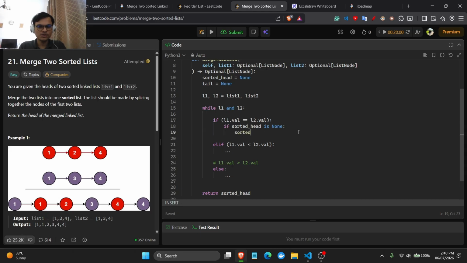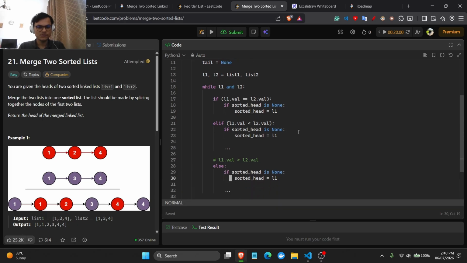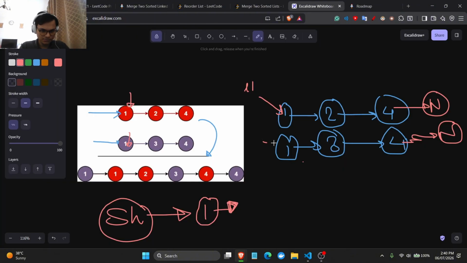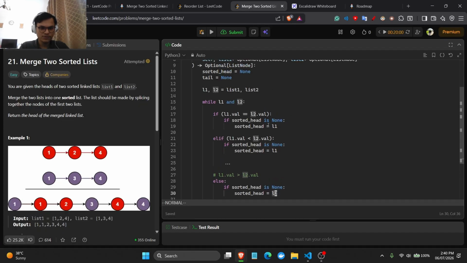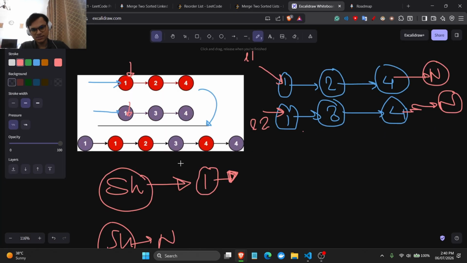Okay. Sorted head is equal to L1. This makes sense. The first one will be the start of the list. It makes sense to just have this in every iteration, so to speak. This will actually be L1, right? This will be L2. The first time we'll be going, we essentially just plug it in and put it. So this one is pointing over there,